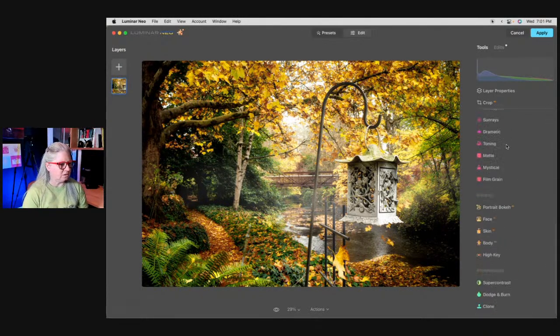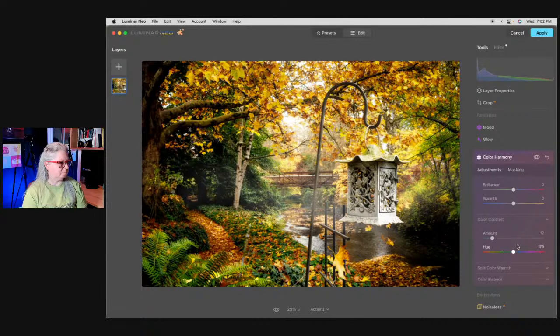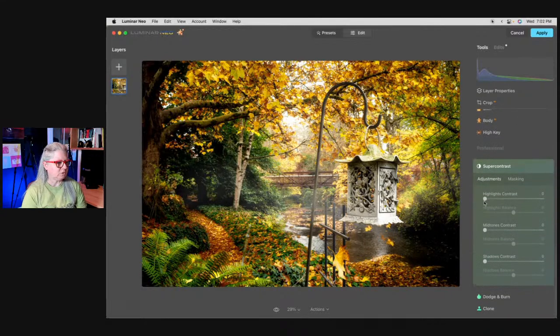Another cool filter that they have in here is the super contrast. Oh, we could try also color harmony, which is a really cool one. Okay, so under color contrast, this amount slider here allows me to play with the contrast of the colors. And if I'm doing this one, for example, I can actually affect the greens a little bit, which is kind of nice. And then super contrast, which allows me to darken the highlights. And if I want to deal with that sky, okay,